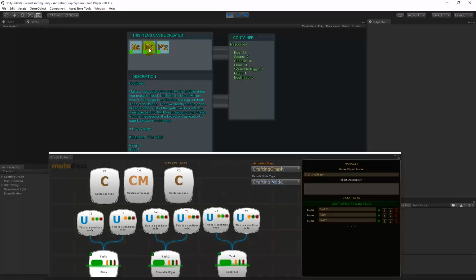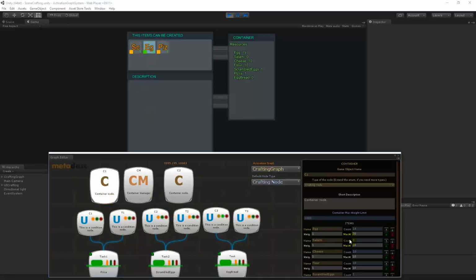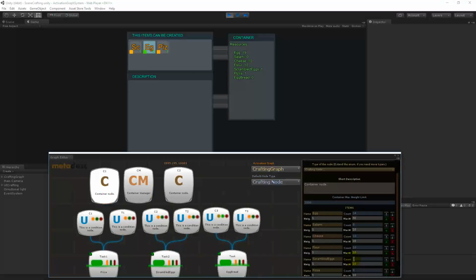So I can click on them and it will then be built, and we have a scrambled egg somewhere. This is there, it arose, and then we can build